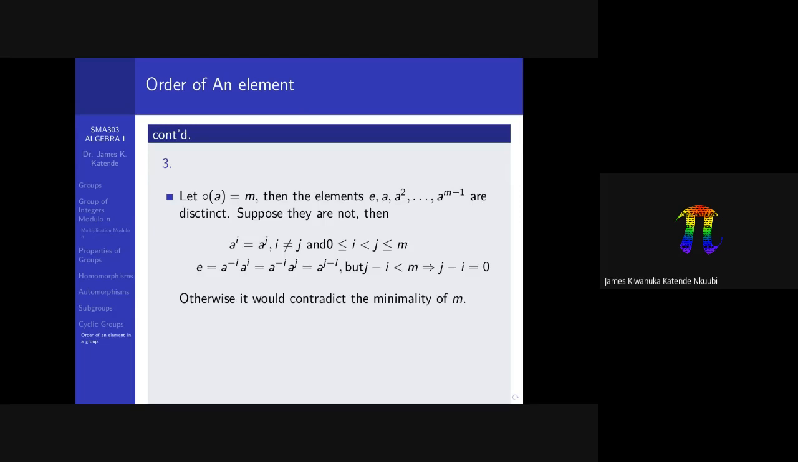So we start by taking A to be of order M, and then we proceed to show that if A is of order M, then the cyclic subgroup generated by A will have exactly M elements. So if we set the order of A to be equal to M, then we can show that